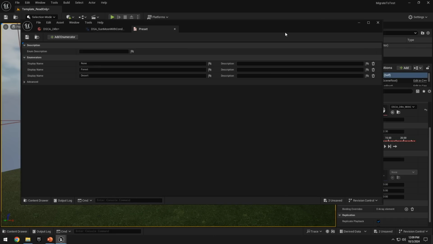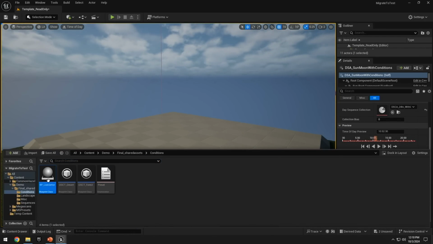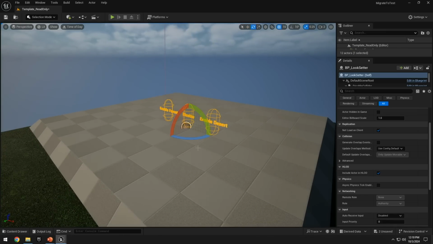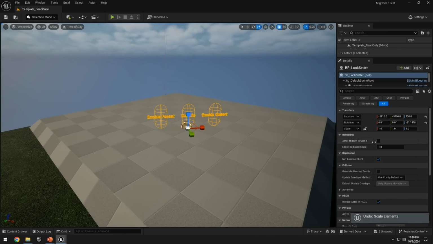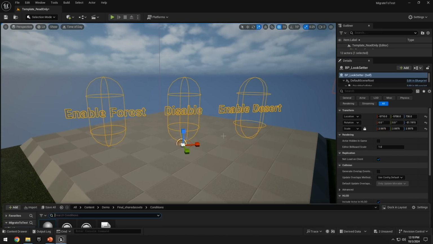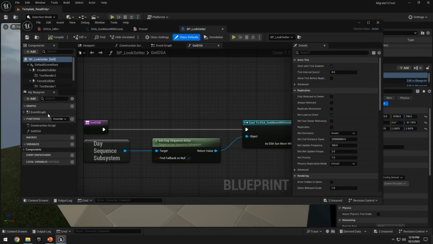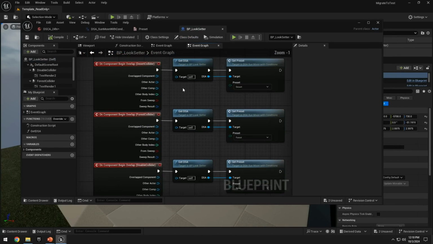The point I'm trying to make is you can turn these looks on spatially, or you can drive it with game logic. The way that works is I have this actor here, a silly actor called look setter, and I'll drop it in and scale it up a bit. I should probably uniformly scale this. The way this works is, whenever I overlap any of these three components,